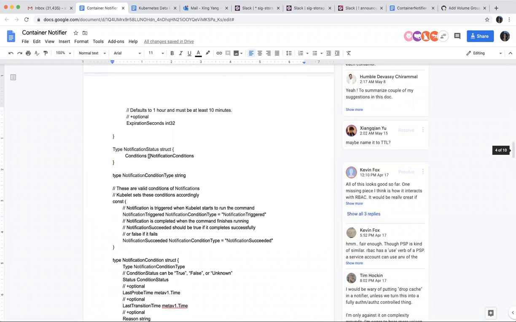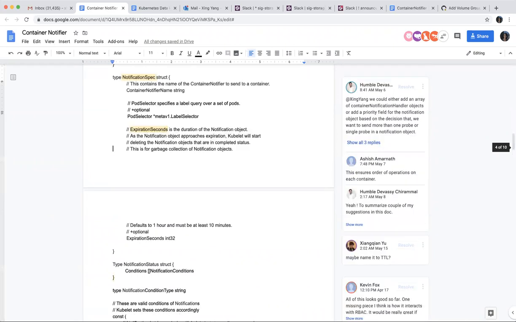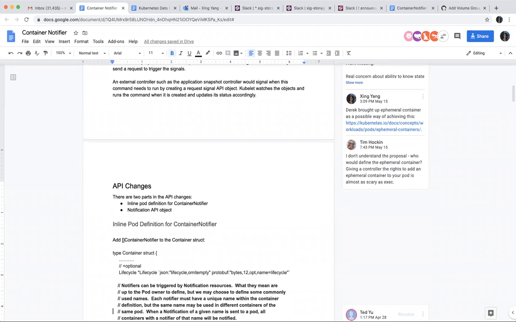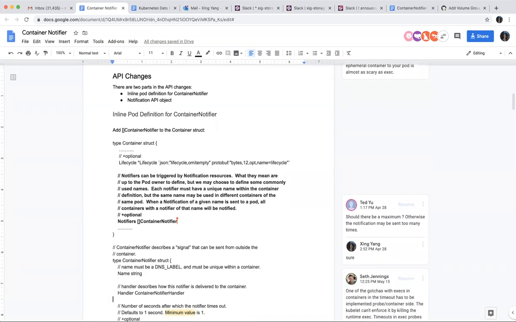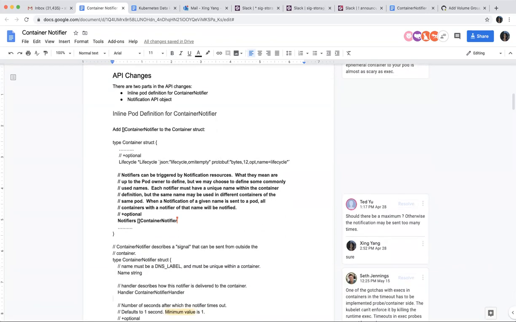So we have a lot of concerns from SigNode. From the SigNode side, I think the main concern, yeah. Xin, can I stop you for a second? Sure, of course. I'm trying to synchronize this new design with my concerns from the old design. Is the notification's success or failure, is that like the notification wasn't received at all if it fails, or is it that the notification succeeded but something that it triggered then failed?